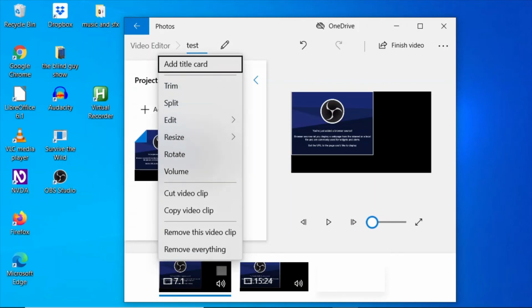by pressing your applications key on your list. Trim 2 of 11. You can do all of these title card things. Add title card 1 of 11. I don't know what a title card is, but you can try it. Trim 2. Split 3 of 11. Edit collapsed 4 of 11. And you can add 3D effects and motion, and you can adjust your speed and add